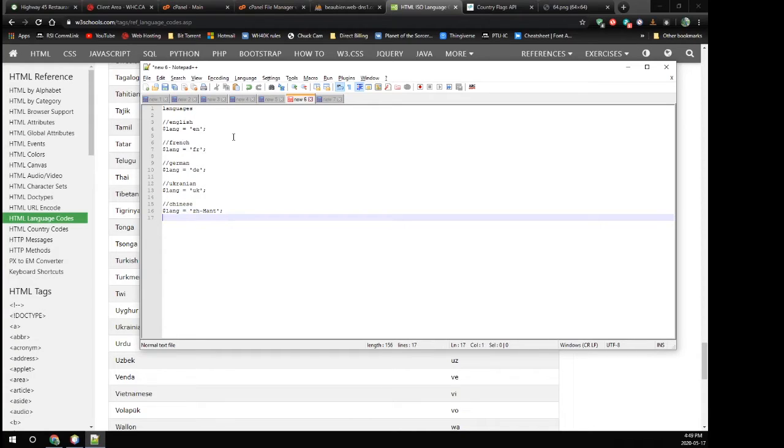Now, when we're actually dealing with the translations, this is something I kind of want to bring up beforehand. There are 3 basic ways you can do it. Number 1, the cheap and quick way, and that's just using some kind of free translation service like Google Translate. On the opposite end of the spectrum is actually paying a translator to translate every single piece of text. That can get costly if you don't speak the languages yourself, but it is the best way to do it